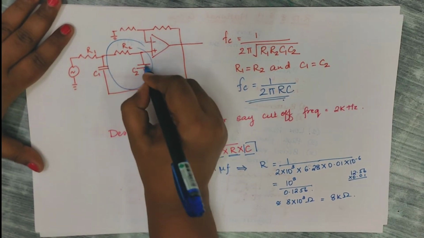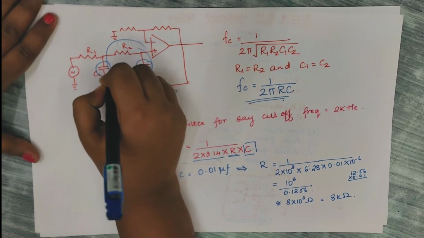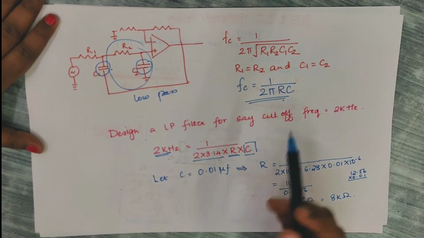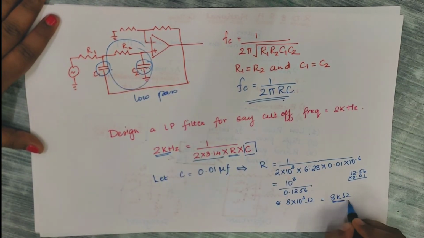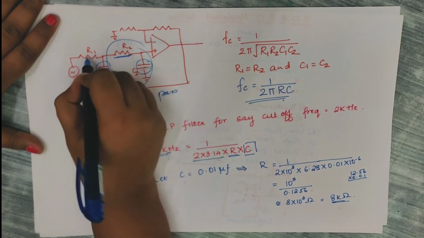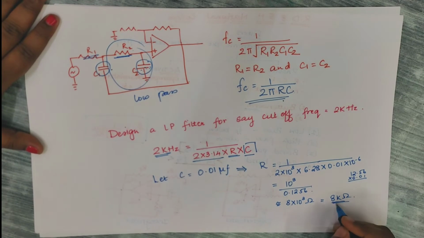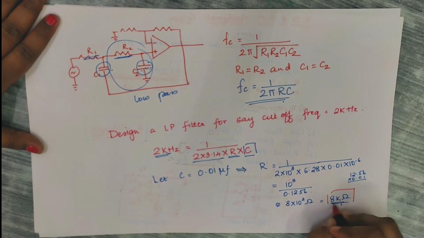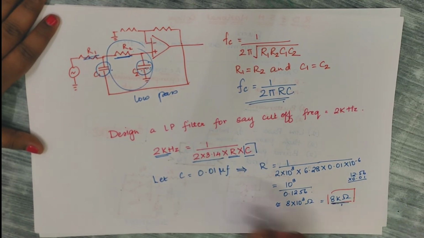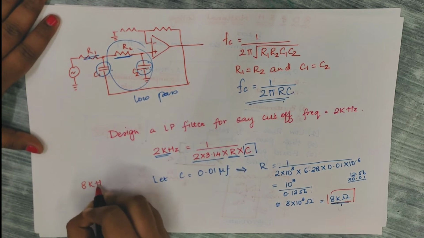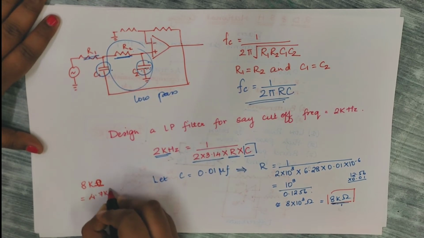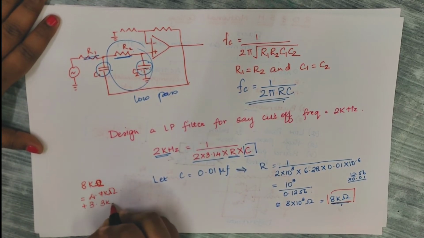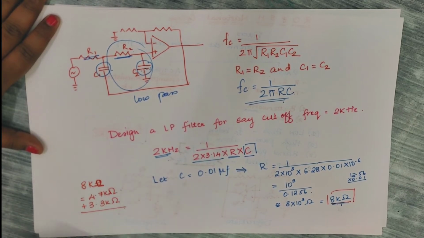So your connection will look something like this. You will connect 0.01 microfarad here, 0.01 microfarad here, because obviously you have taken C1 equal to C2. So there will be two 0.01 microfarad capacitors. Similarly, you will connect 8 kilo ohms in this place and this place. Now you may not get a direct 8 kilo ohms. So what do you do in that case? Resistances are easy to add up in series. So I can break down my 8 kilo ohms as a 4.7 kilo ohm plus a 3.3 kilo ohm. I connect these in series to get 8 kilo ohms.